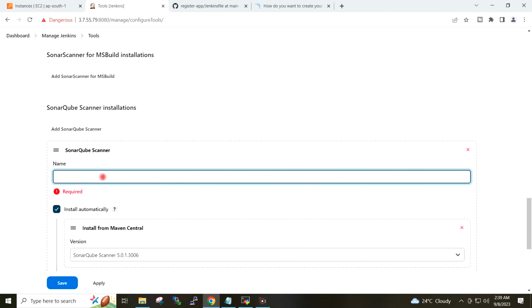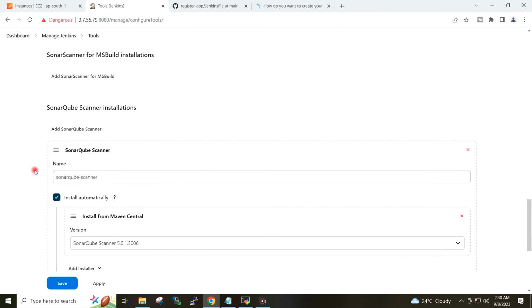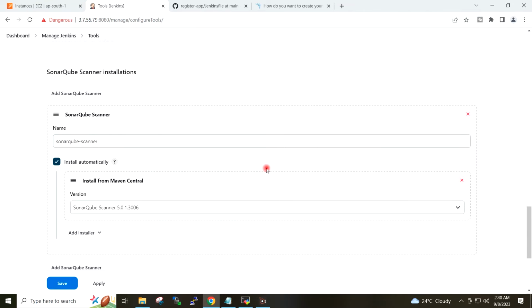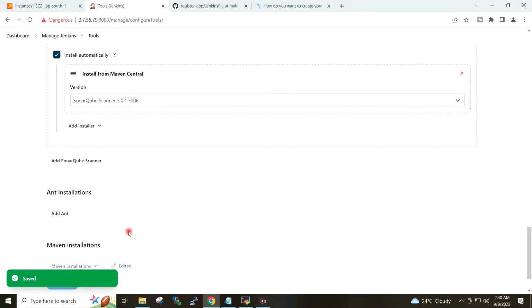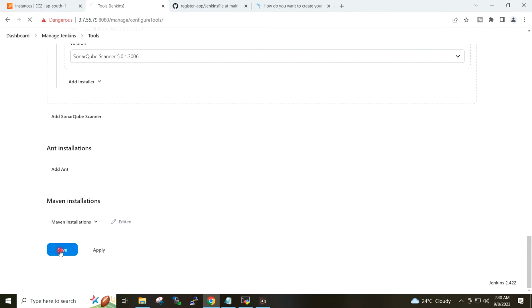Name I will provide SonarQube scanner. Install automatically. Apply and save.